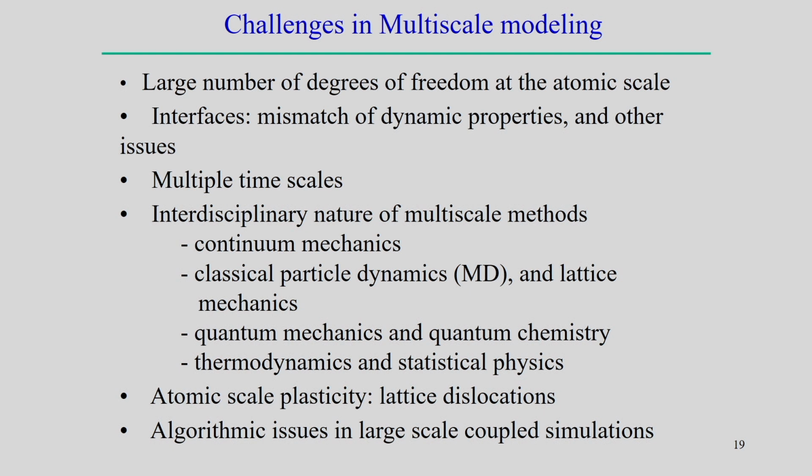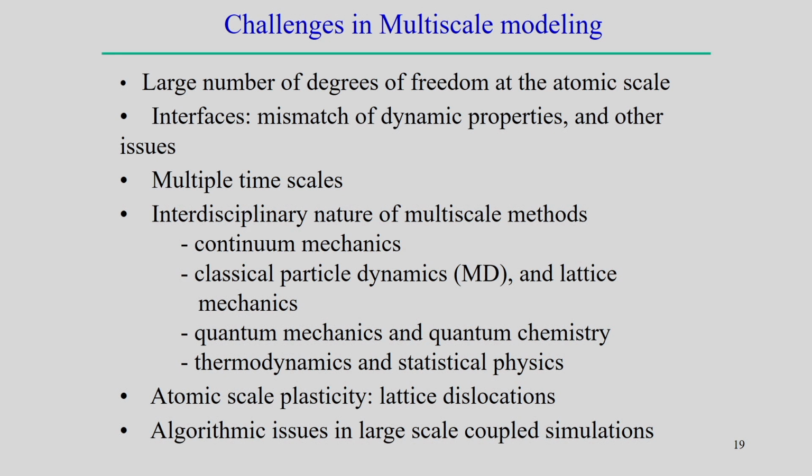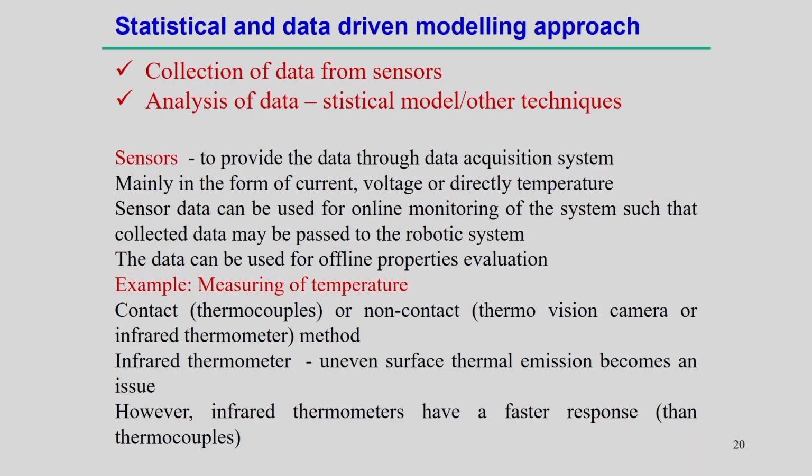handle basically. For example, atomic scale plasticity, lattice dislocations may have a different mechanism and follow a different physical law as compared to the continuum plasticity, the von Mises yield criteria and the plasticity model at the continuum scale can be different, or should be different, from the atomic scale plasticity. Then how we can link all these things, that is one of the main question marks, I can say, associated with the linking of these different scales.